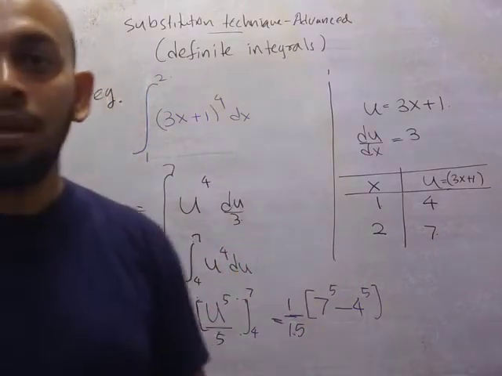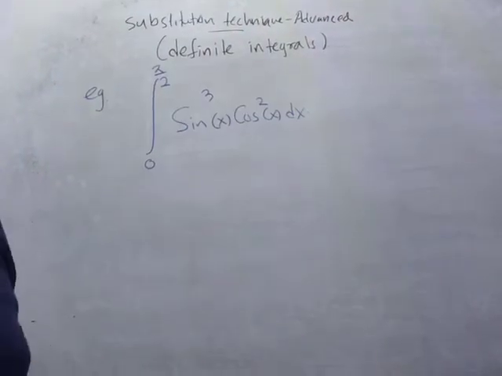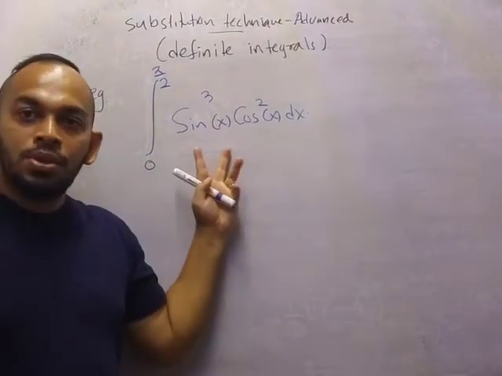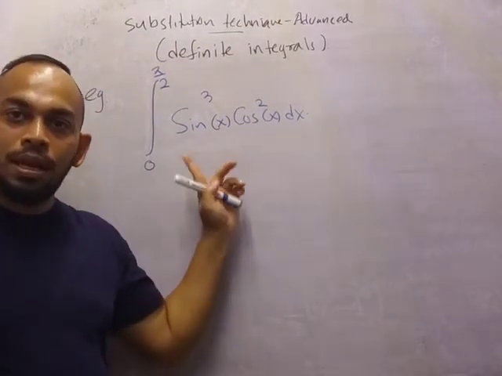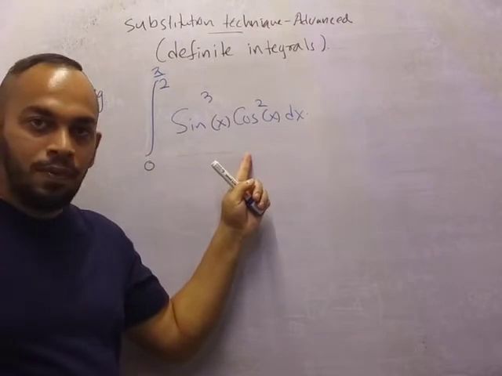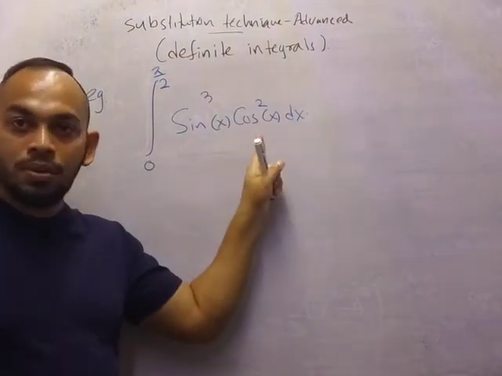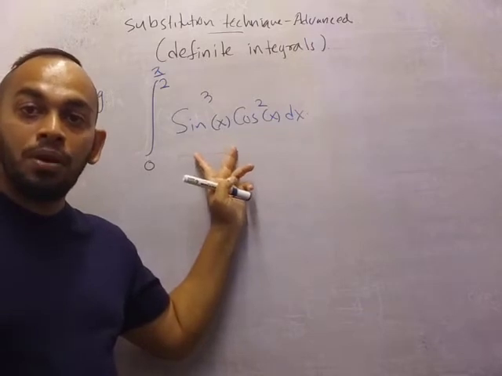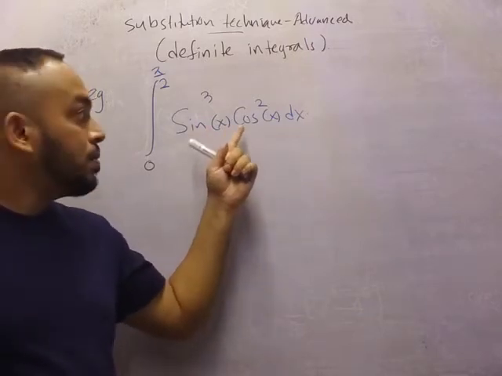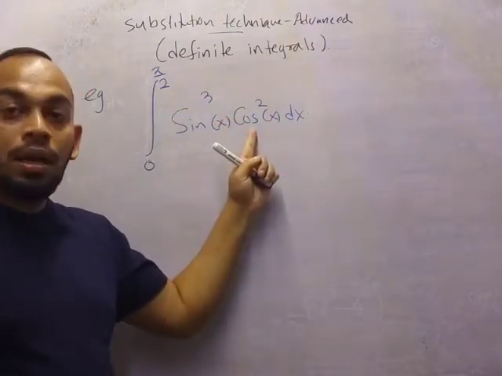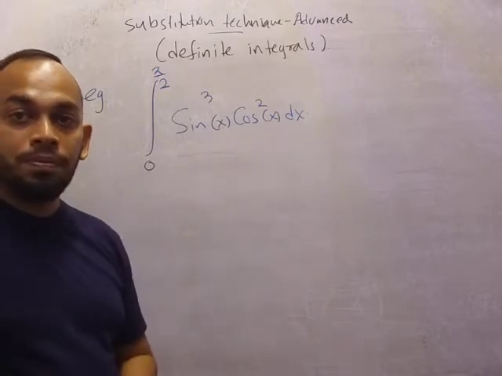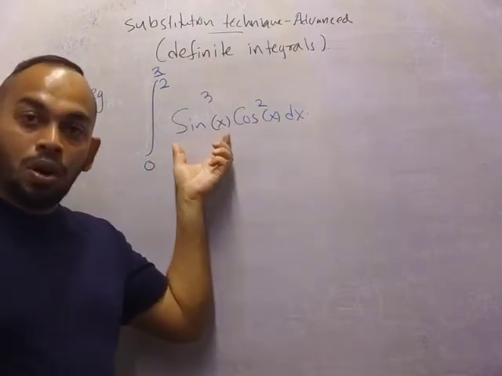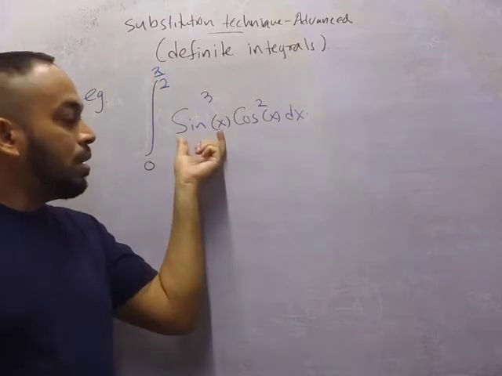So let's look at another example now. This is a product of a sine and a cosine function of the same argument. The power of the sine function is odd, and for cosine you have an even power. So since it has an odd power, I'm going to